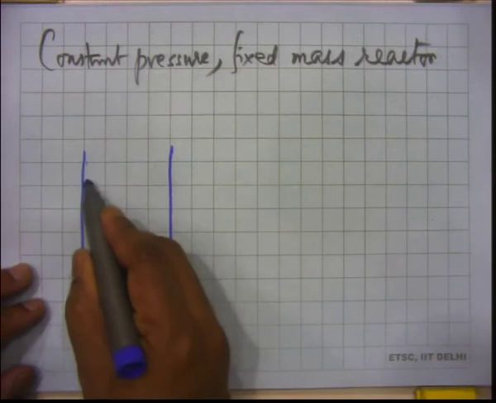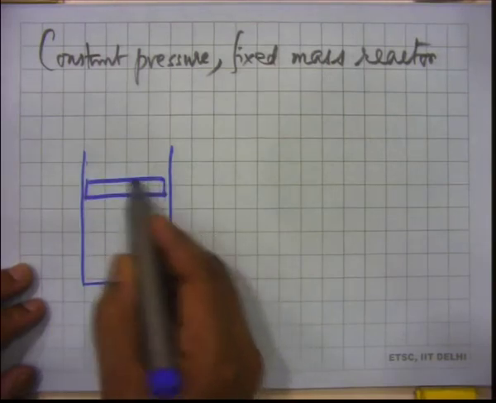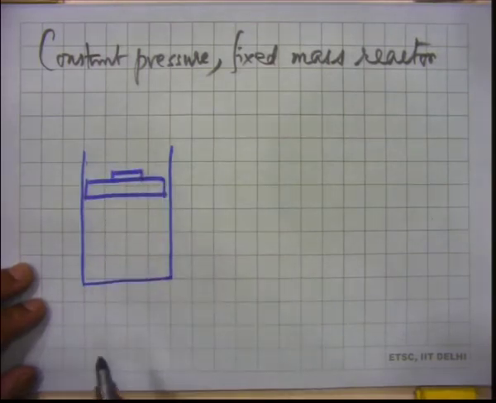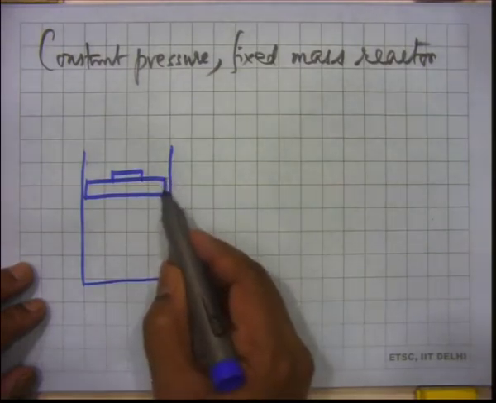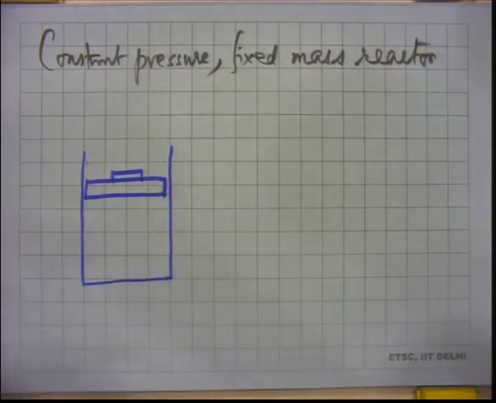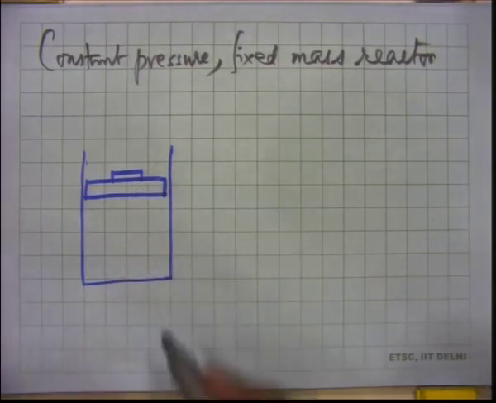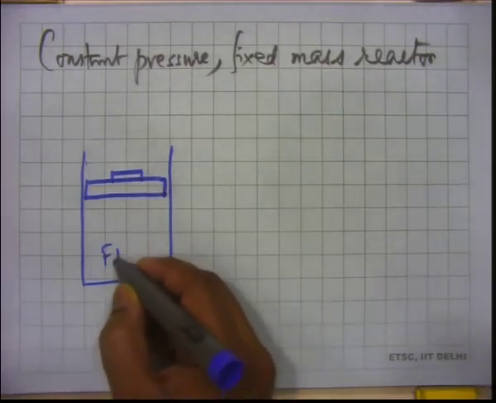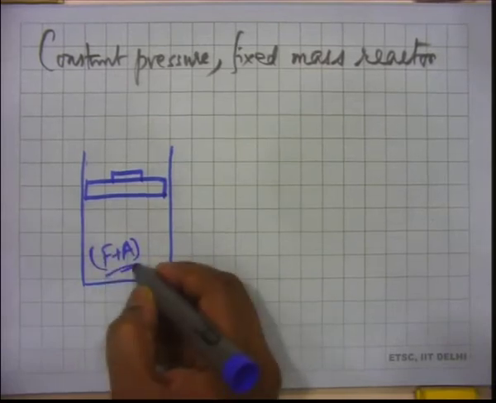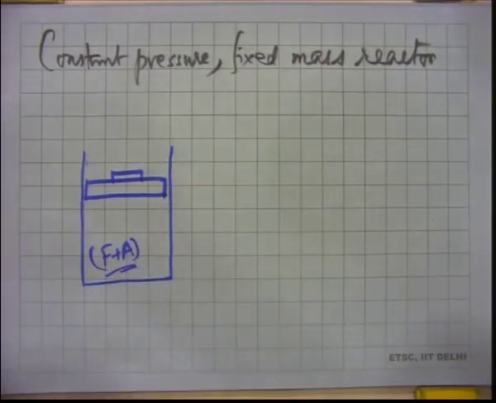So, to get constant pressure, it is often a good idea to think about it in these terms, that you have a piston cylinder arrangement, and this is the piston with some weight on it. That is it. If you have some fuel air mixture here, then this will give you constant pressure. Okay. Who decides the pressure on the system? The weight of the piston and the additional weight that you kept on it.